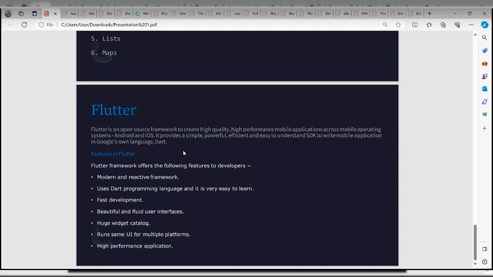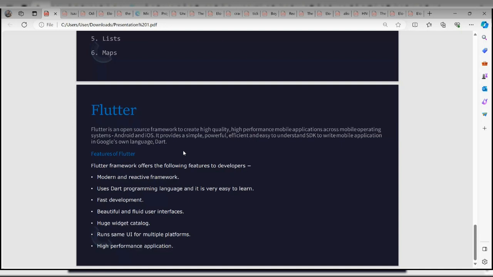In addition, we can also use Flutter to build websites. So with just one code base, you can build for Android OS, iOS, and even websites, and even desktop. It's very, very powerful. Just one code base.